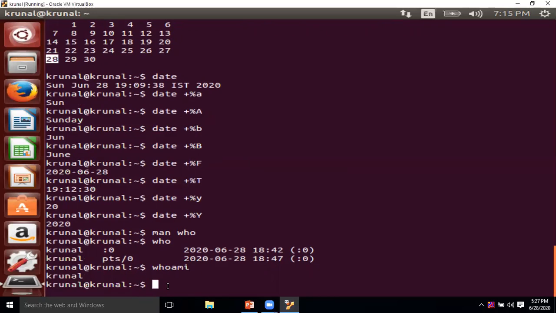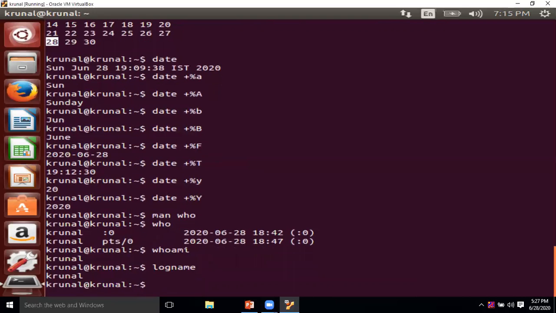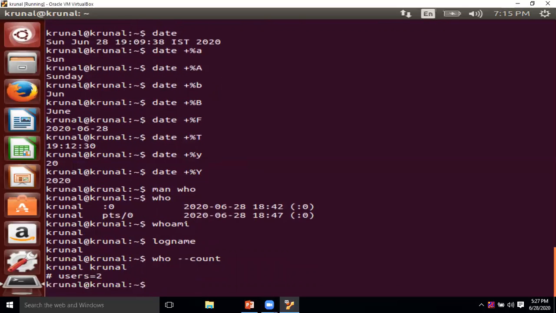Same way, if you use logname, it will show the same output. Suppose you want to count, who hyphen count. If you use this option, it shows how many total users are currently logged in. So total users are 2.